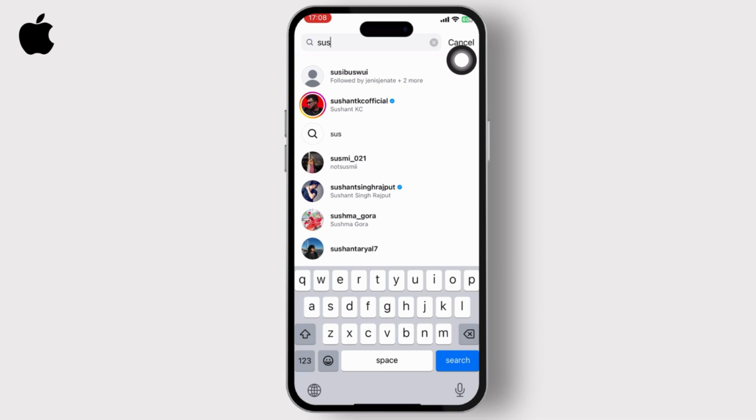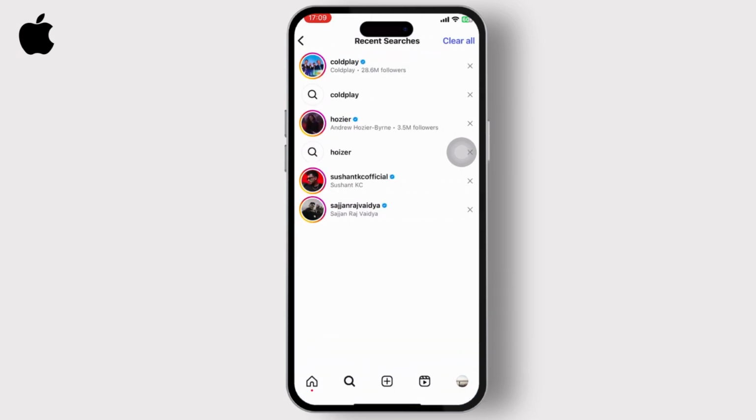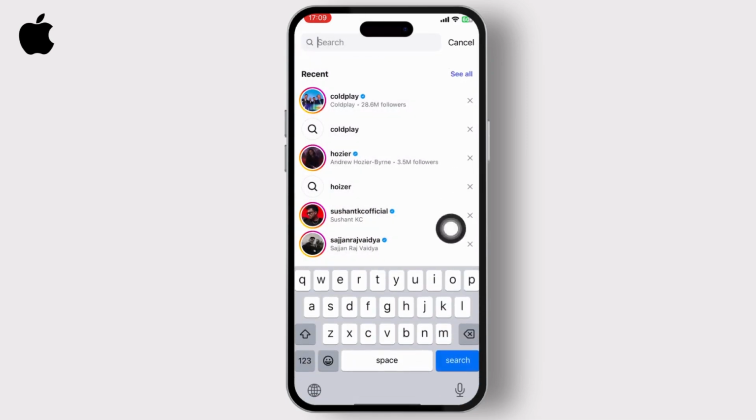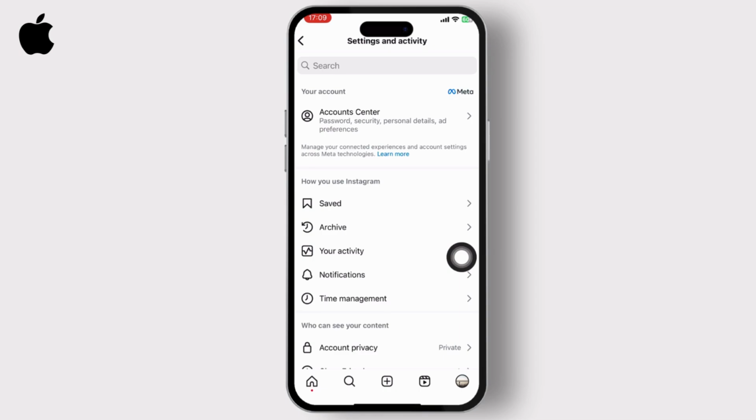Now, if you don't want this and you want to not have any search suggestions, what you'll need to do is clear your activity. For that, you'll need to head over to your recent searches and clear all of your recent searches. Doing this will clear up your recent searches. You can do that from here as well. And doing that will clear off your recent searches, and that will mean that you are no longer interested